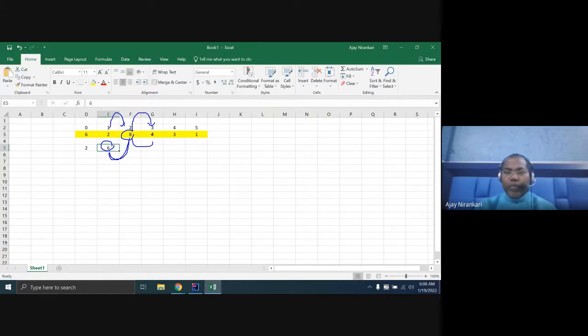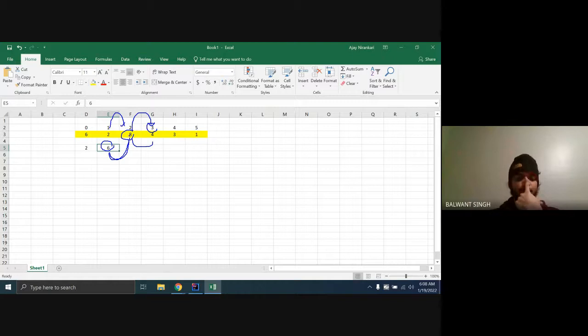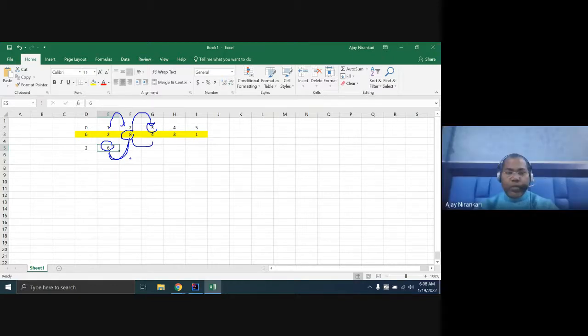So we have to swap the third position value with the second position value. We just change it here: this would be the 4 and this would be the 8.